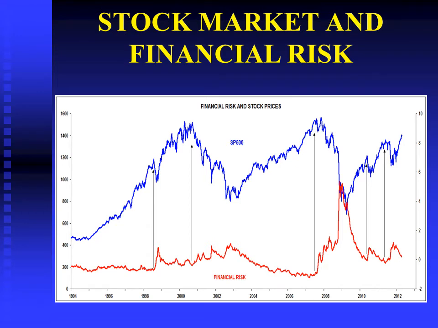We, at Peter Dag and Associates, have developed several indicators measuring financial risk. And this measures the tightness of the financial markets. One thing that this chart shows is that every time the financial risk declines, the stock market rises. When financial risk increases, the market declines. Here the financial risk has been declining and the stock market has been rising. So financial risk is one of our most important indicators that we follow to understand what the direction of the market is.